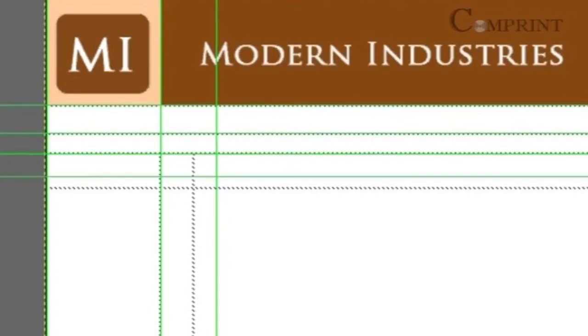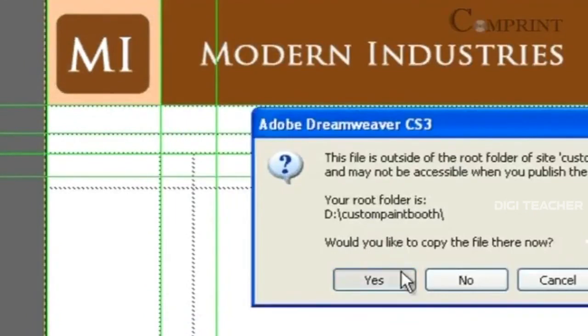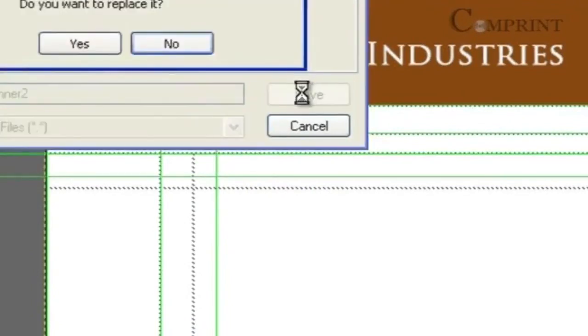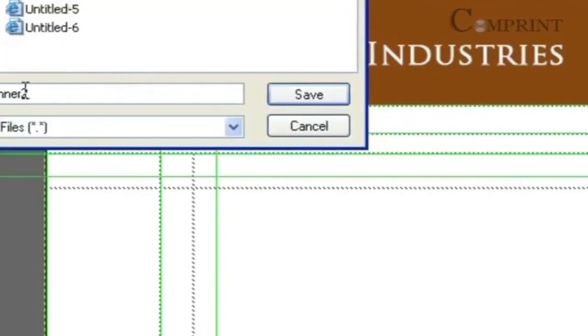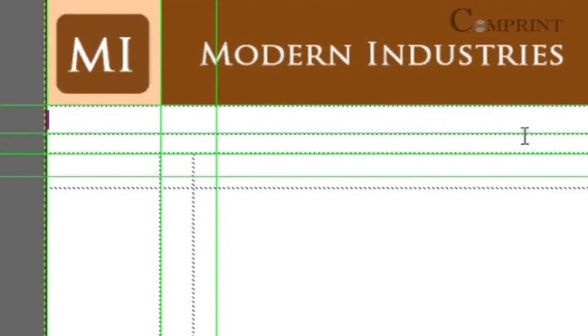Again, go to Image. So in this way, we have inserted a banner into our web page.